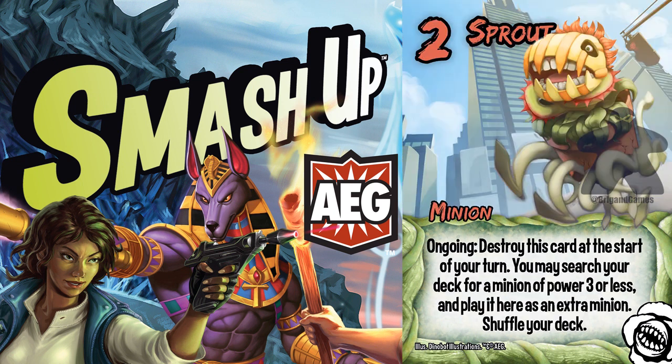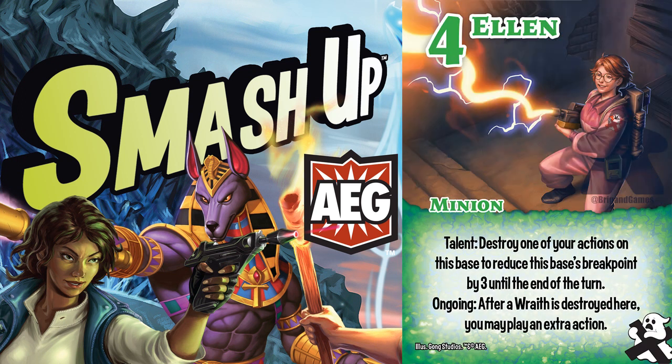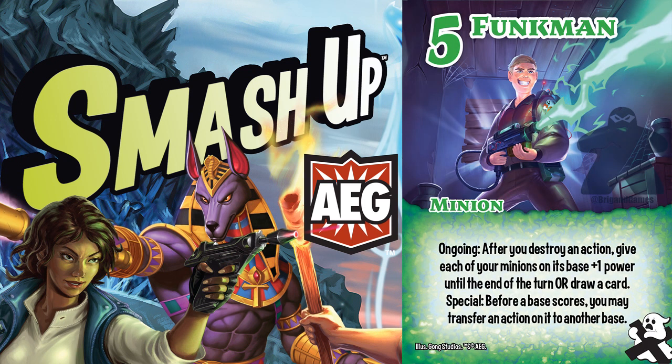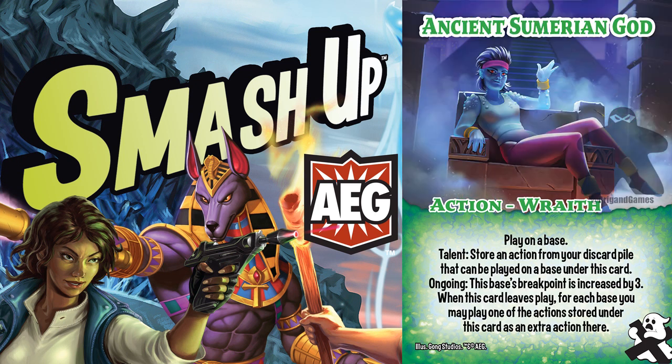If you have a Sprout on a base with Ellen and a Wraith, the Sprout can turn into Watson, destroying the Wraith, granting a phase 1 action, which can be Overgrowth, which will trigger that same turn. You have 2 different ways of saving Overgrowth as well for Killer Plant Trucker style shenanigans. You can even recur it with Ancient